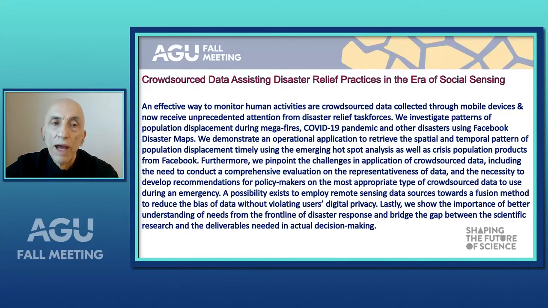So we investigate patterns of population displacement during megafires, COVID-19 pandemics, of course, and other disasters using Facebook disaster maps. We demonstrate an operational application to retrieve these spatial and temporal displacements in a timely fashion using the emerging hotspots, and